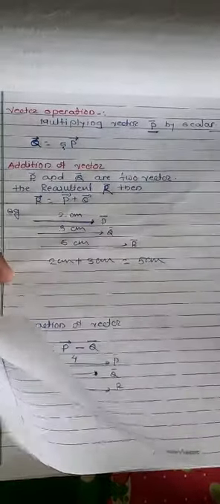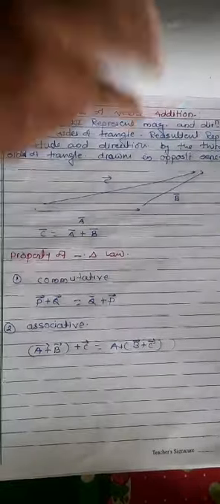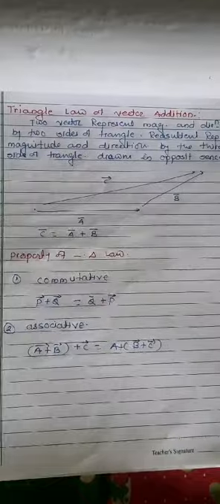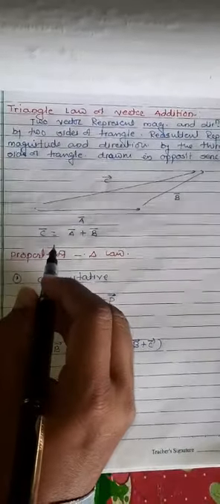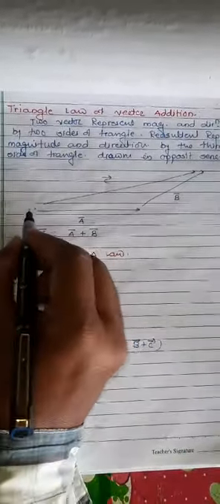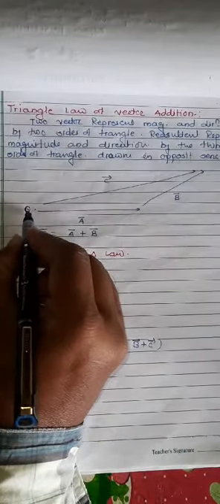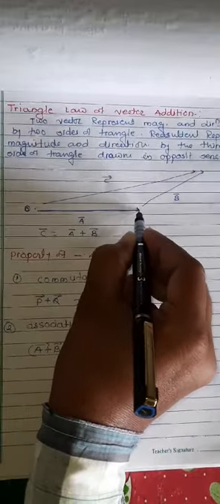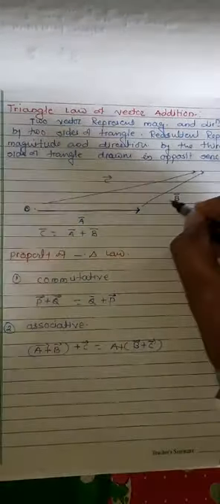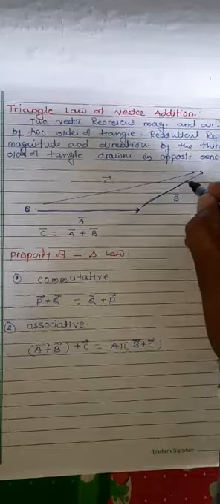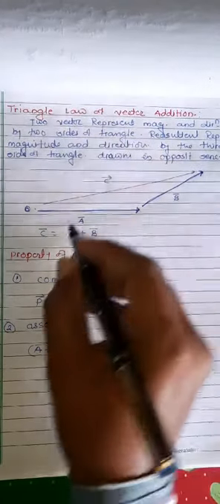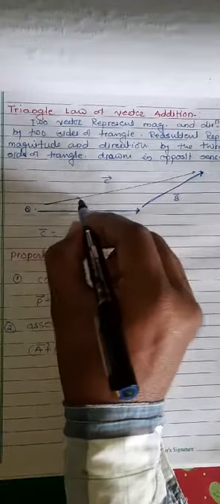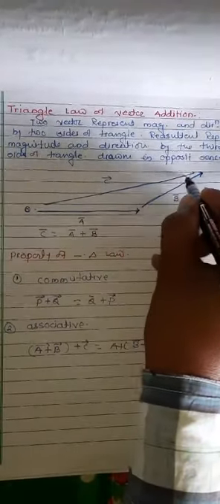In this way we have discussed the subtraction and addition of vectors, or the vector operations. Again within this topic, we discuss the triangle law of vector addition. Suppose this is the origin O. The vector A originates from the point O, and this is the direction of the vector. And the vector B originates like this, and this is B. Then C bar is the resultant vector.